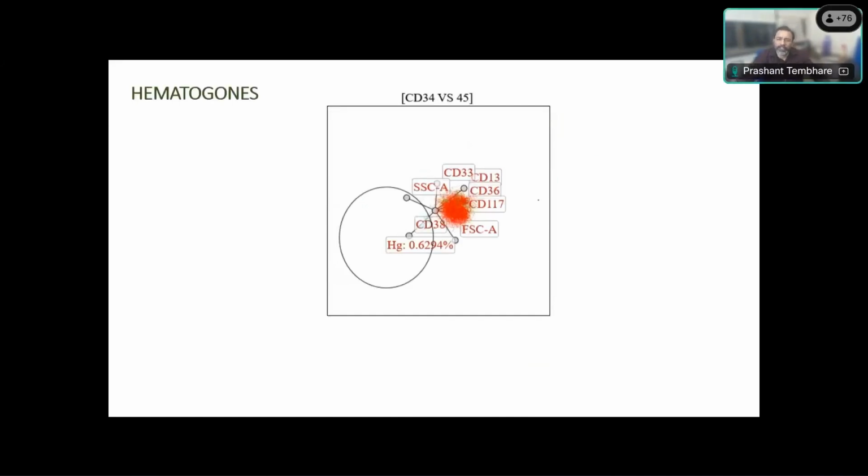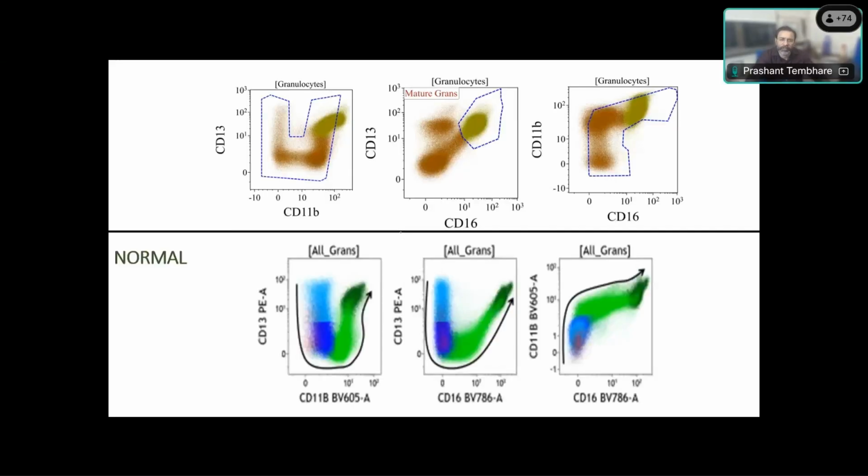Then this is a complex plot to identify if there were hematogones, because all myeloid markers are negative, 34 positive cells. Usually we identify hematogones as negative, and you can look at the maturation pattern. So the normal maturation pattern here looks more or less normal, but here it is abnormal. You can see there is segmentation, clustering is there, and the normal maturation pattern should go like this, but instead of